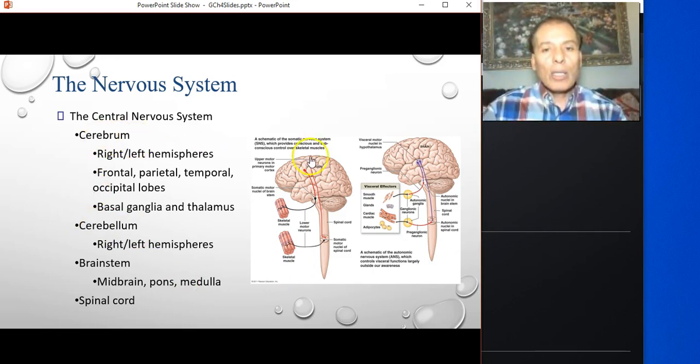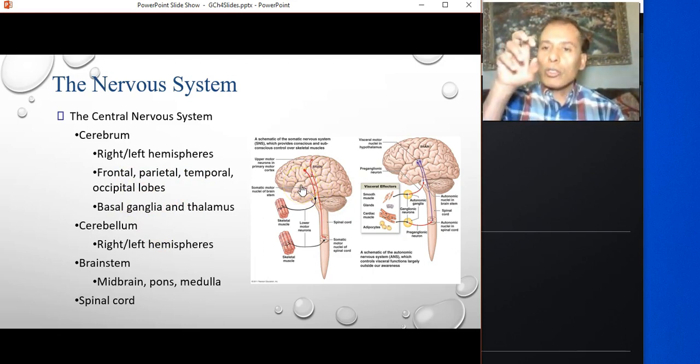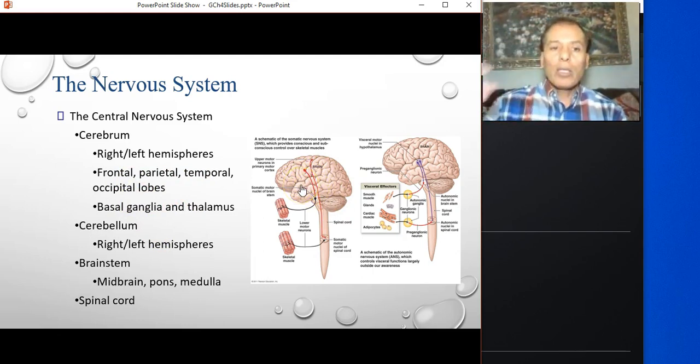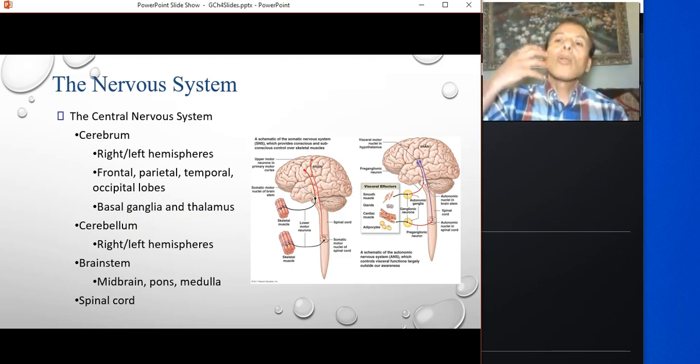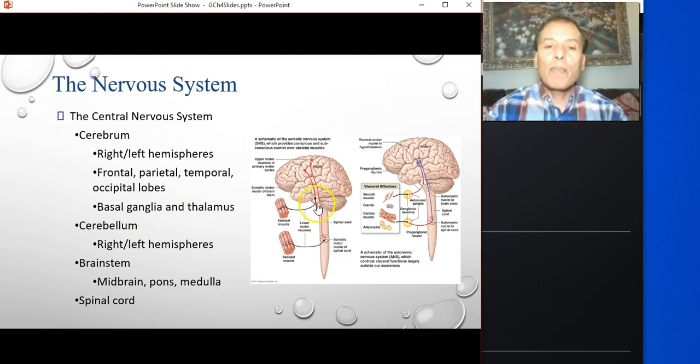So the cerebrum has left and right hemispheres, and then deep inside of the white matter, there are clusters of cell bodies buried deep. They are called the basal ganglia, and these structures basically connect the cerebral cortex with the lower parts of the brain, like the brain stem and the spinal cord and so on. The basal ganglia. And then the thalamus, I told you about it. If we come across an image, I'll show it. So, again, it has the gray matter and the white matter.